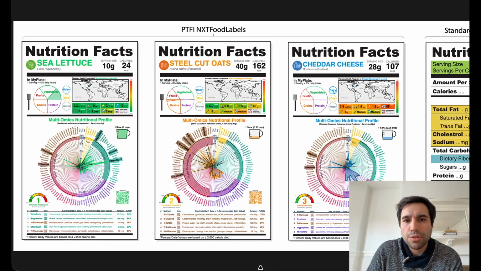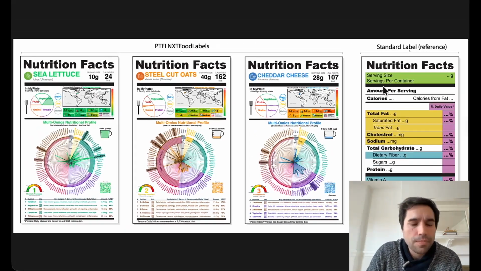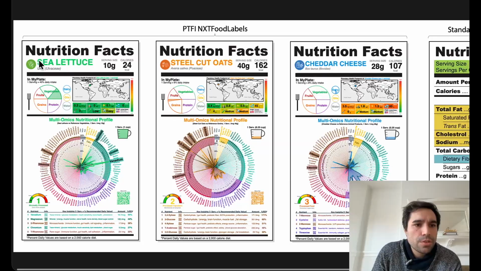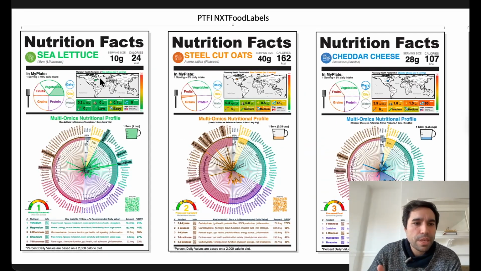Here's our proposal for the next food labels in comparison to standard reference food labeling. So our new proposal includes a very familiar format, but also with big changes. We include a common name, a scientific name, precise serving, and total kilocalories per serving, in addition to visual representations of how that serving would look as volume in the USDA MyPlate, along with a standard